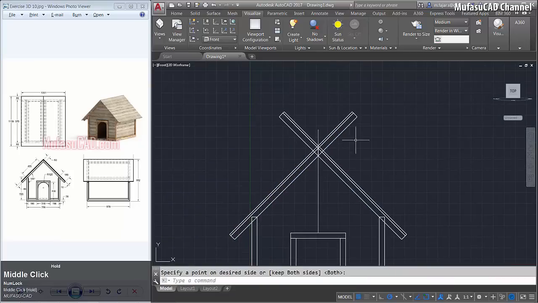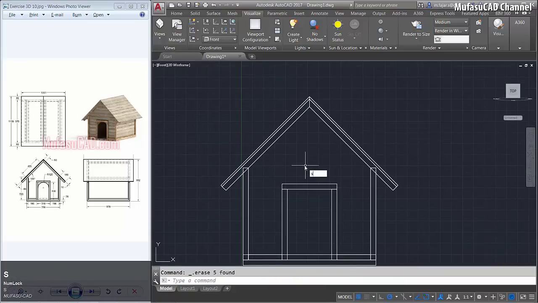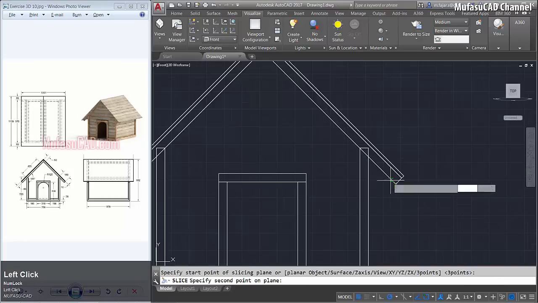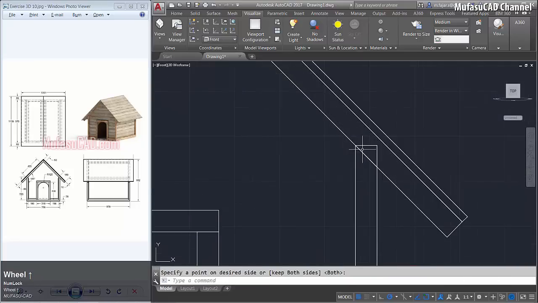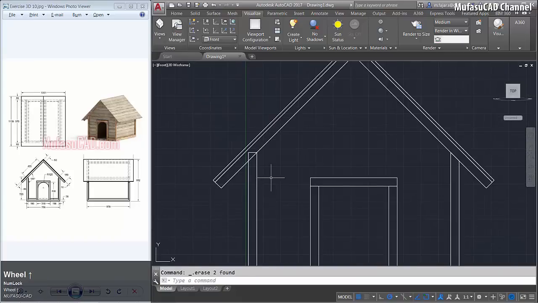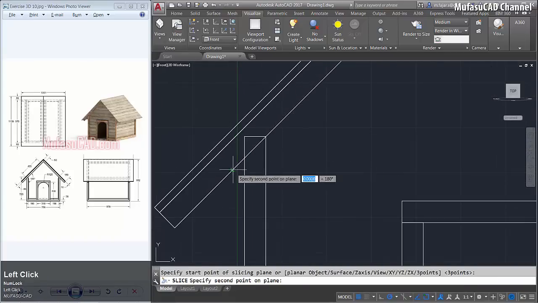Next we select this object and delete. We can also slice this object, slice from here to here, enter, and select this object, delete. Next we slice again this object from here to here, enter, and select this object and delete.